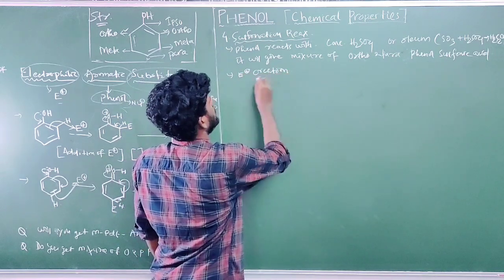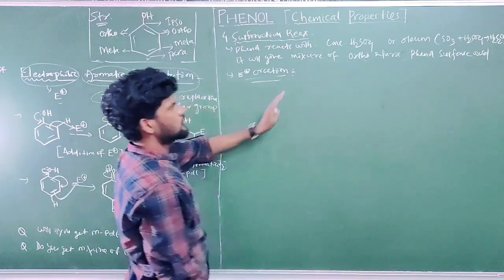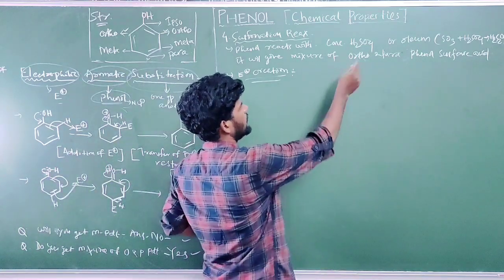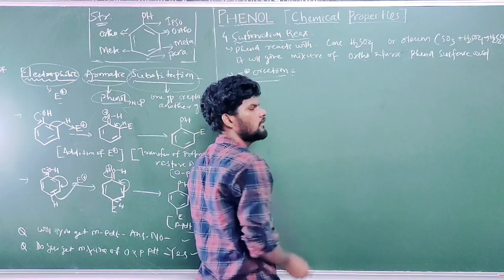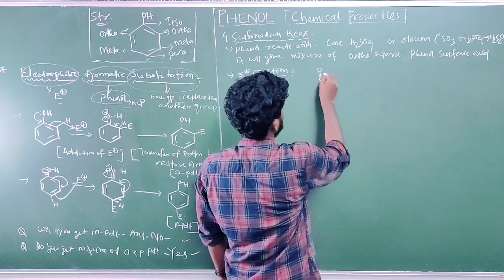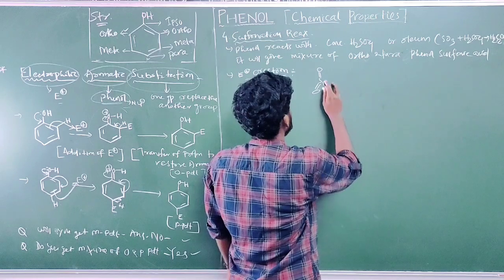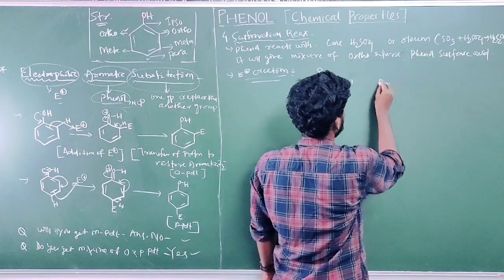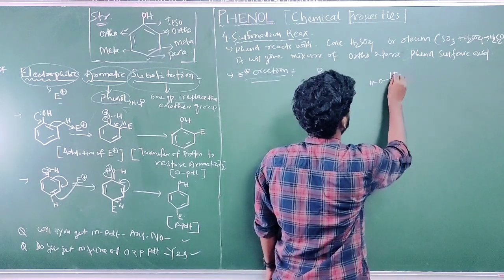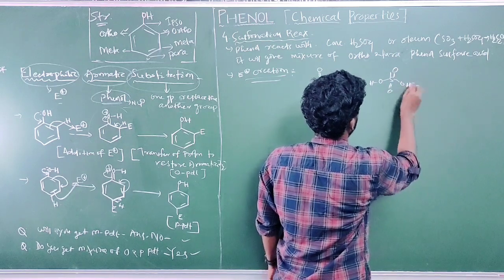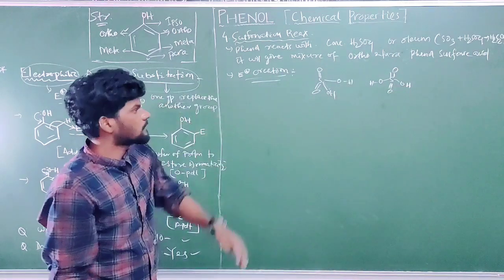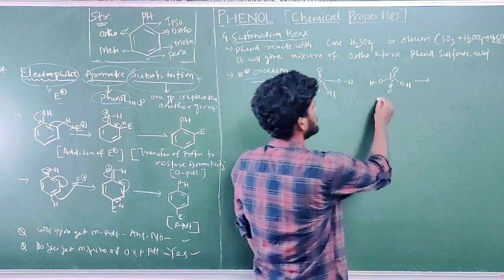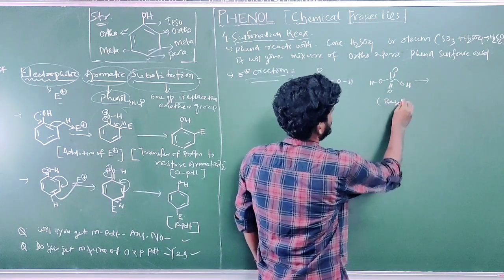Either you can take concentrated H2SO4 to create the electrophile, or oleum to create the electrophile. Let us take concentrated. If you take concentrated H2SO4, it means H2SO4 in the presence of H2SO4. So write the structure of H2SO4 first. Okay, OH, S double bond O, double bond O, OH. This is the structure of H2SO4. In the presence of H2SO4, one of the H2SO4 will behave as an acid and another as a base. Let us take this as the base, and this as the acid.